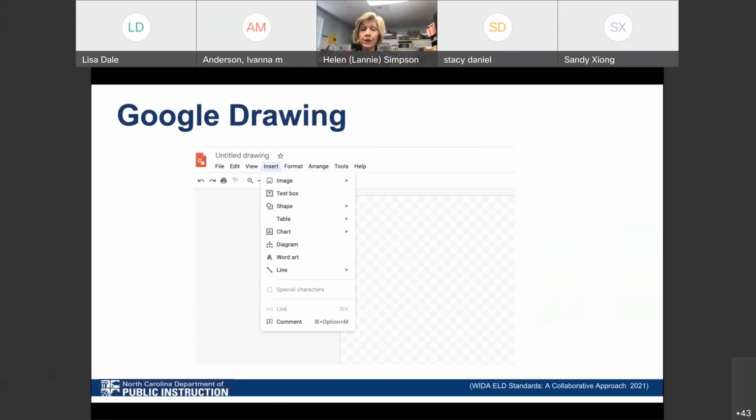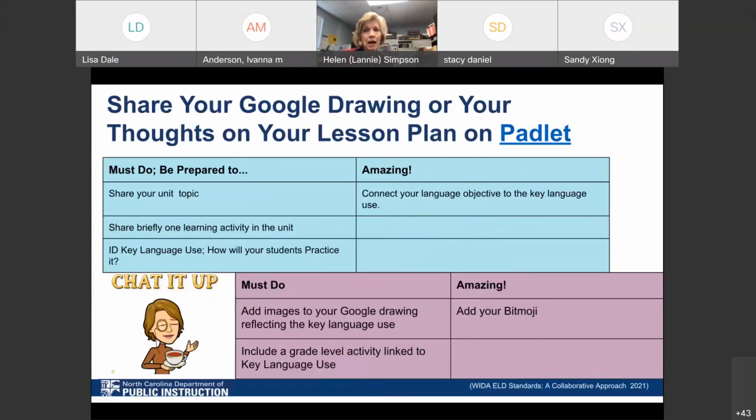So if you were to select that you wanted to do a Google drawing, Google drawings are really simple by simply using the insert function. You can insert images, you can insert a text box and type some information. You can insert shapes, tables, you can insert a line and including squiggly lines and draw. Okay, so keeping that in mind,